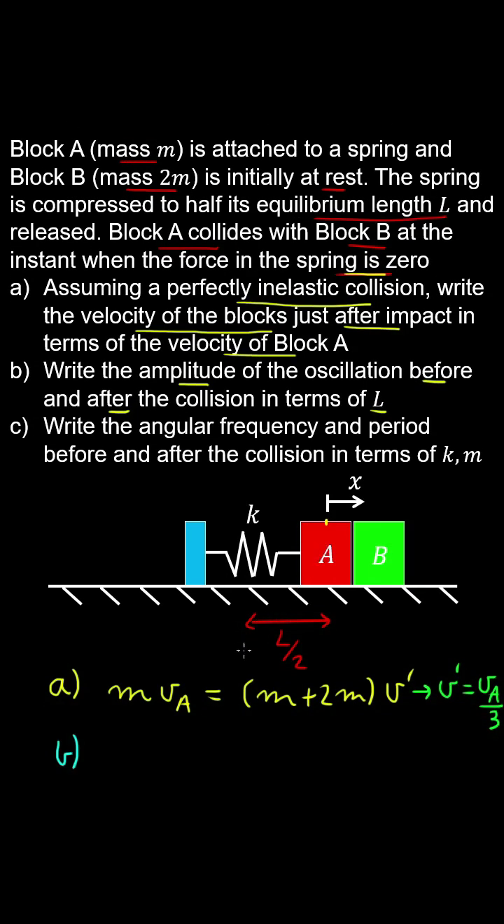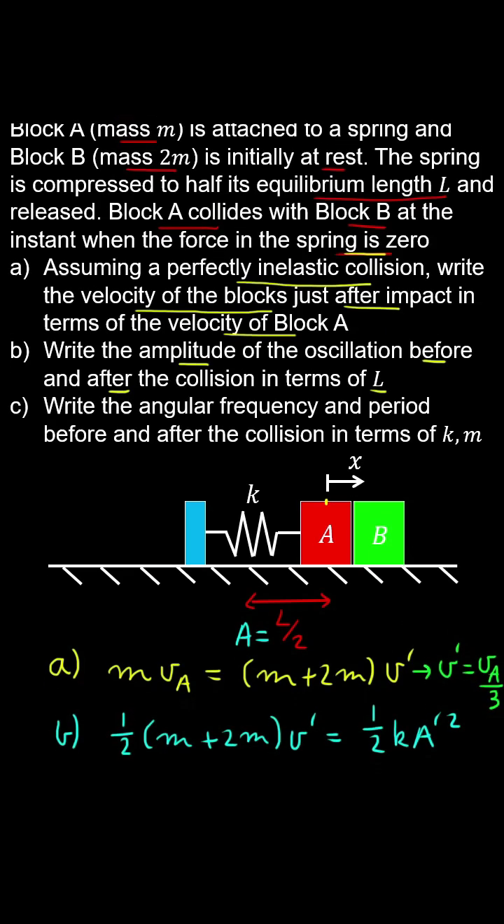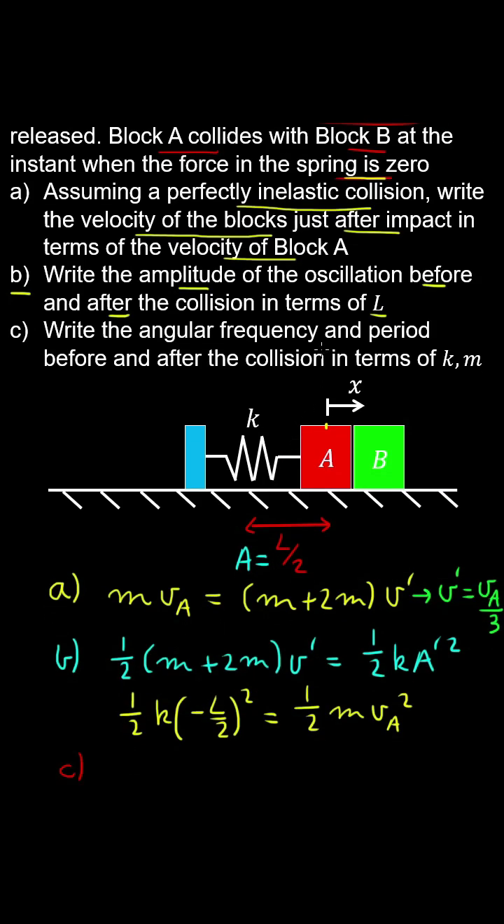So before the collision, the amplitude of the oscillation is L on 2. And after the collision, we'll apply the conservation of energy, where the kinetic energy of the system is converted fully into potential energy when a new amplitude of the oscillation is reached. And before the collision, you can also apply a conservation of energy, and then from these two equations you can complete part B. And I'll leave it for you to write the angular frequency and period before and after the